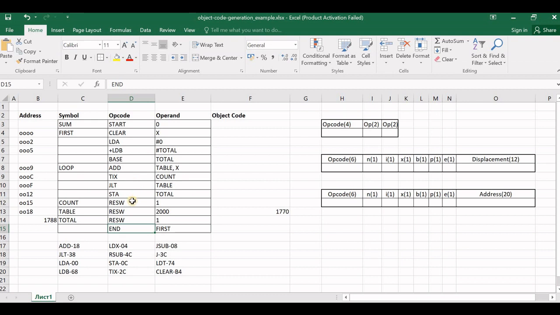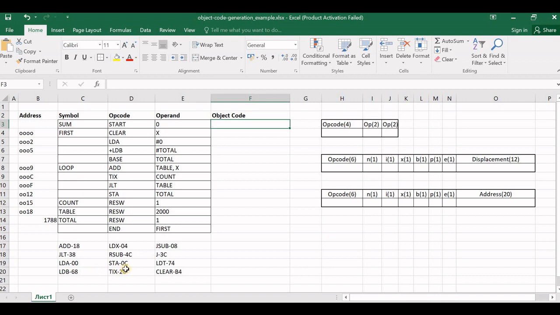Just below the program here, we have the various hexadecimal opcode equivalents for all the instructions. So now after assigning the addresses, we are done with step 1. Coming to step 2, what is step 2? Step 2 is finding out the object code. Since you got the addresses for all the symbols, the second step is generating the object code. For generating the object code, we need the addresses that we have calculated so far.